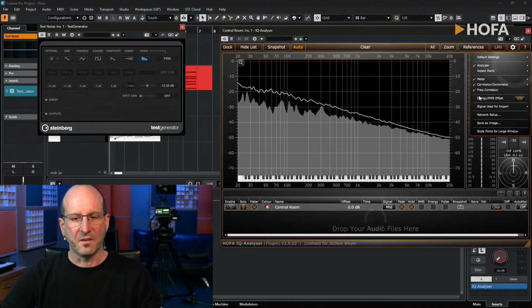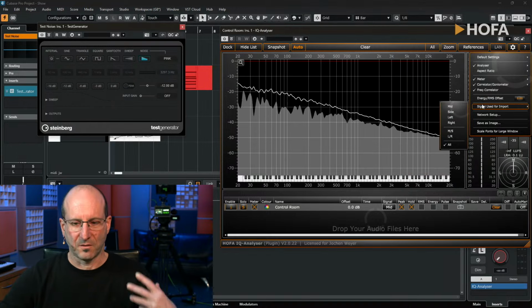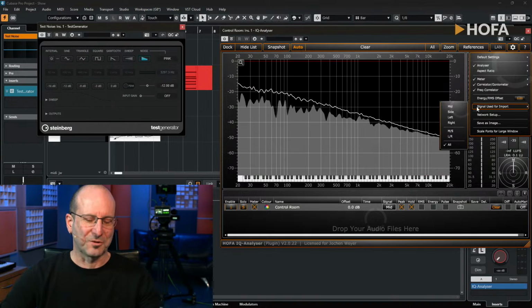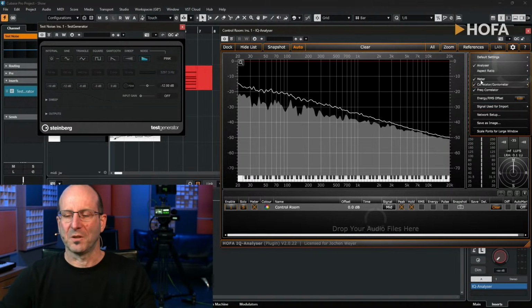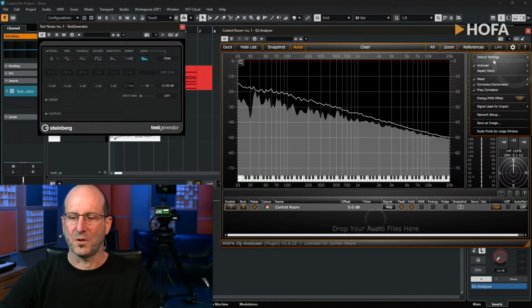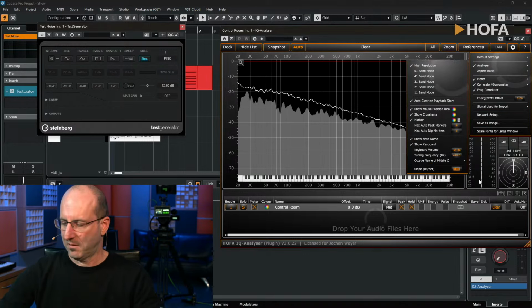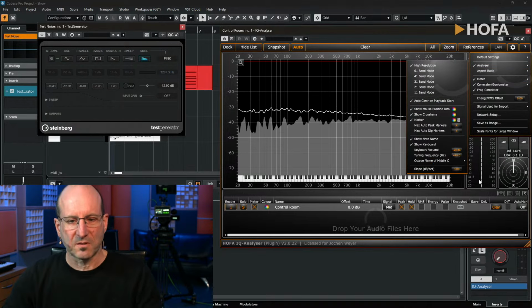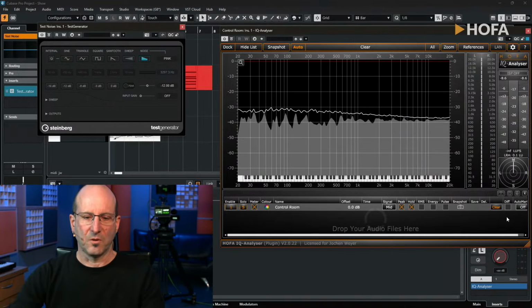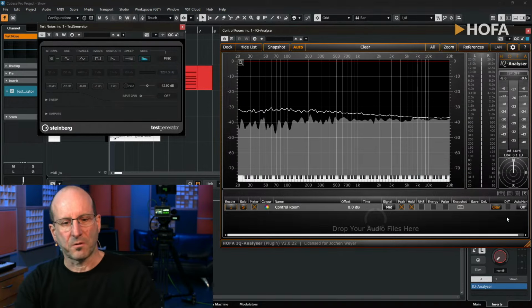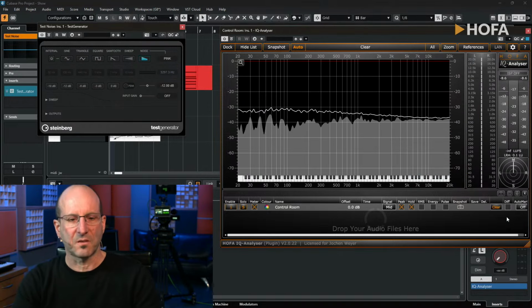And if you switch with the slope to 0, you can see the pink noise. It is viewed or seen by a technical meter, but in fact, for our hearing, it sounds like this. So this is something I would really use in the normal working with the analyzer in a mix, because